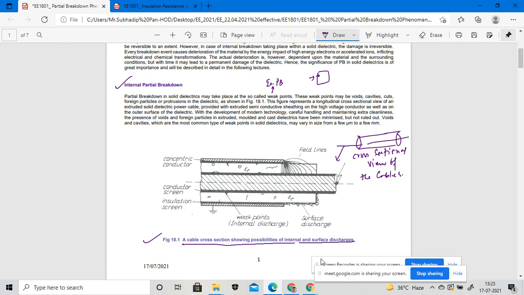Here this will be epsilon r, which is my relative permittivity. Here also the relative permittivity will be taken into consideration. It may happen that in the cable there must be some voids or some cavities. So due to these cavities,